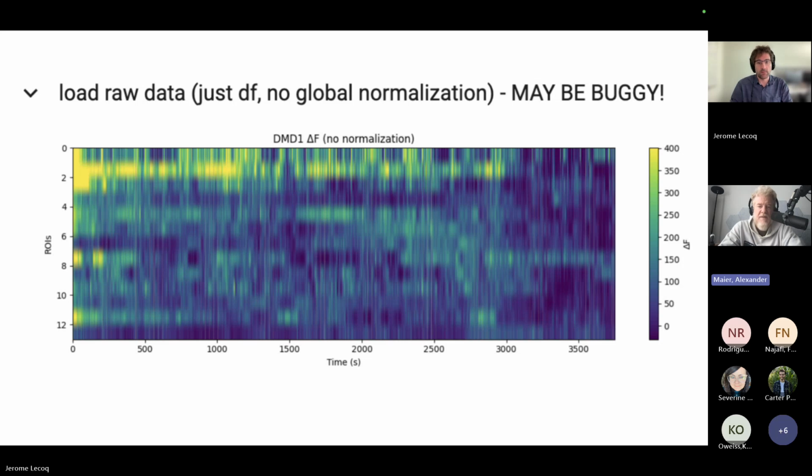So this is the raw data. This is just TF. I looked at the bleaching. It's not something I can evaluate, but I thought I'd show that. So there's no normalization, nothing. That's the raw signal. And from here on out, I struggle a little bit with the code. So if we go to the next slide,